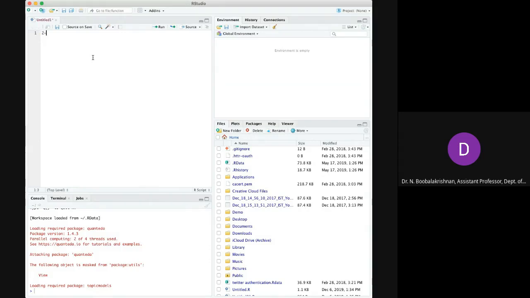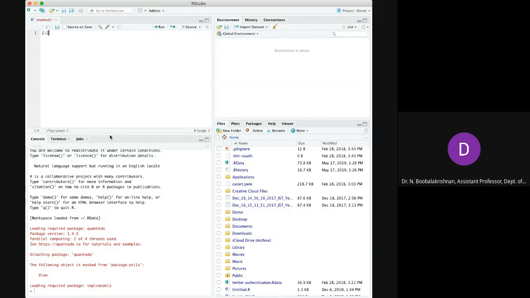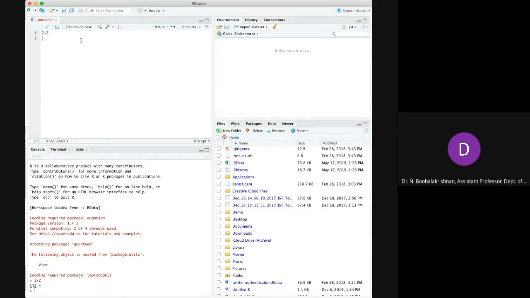2 plus 2. What is going to be 2 plus 2? It gives 4. This is a very simple calculation. And here you can assign variables, assign vectors.